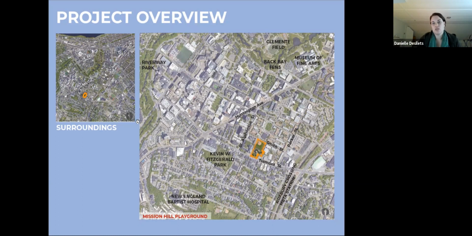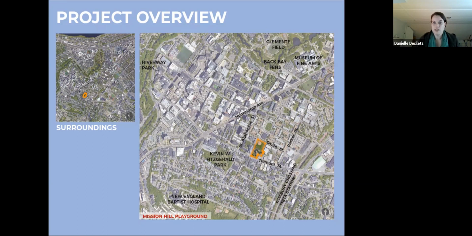You also have institutions like the Museum of Fine Arts and the New England Baptist Hospital, where this park is a short walk from Roxbury Crossing MBTA station, which is fantastic. It means I have a lot of access, and as Councilor Brock just pointed out, it's right on Tremont Street, which is a major thoroughfare in the area and the neighborhood. So it's really at the center of everything. And I think that makes it really, really special for everyone.